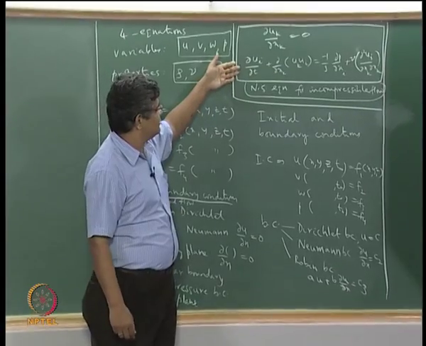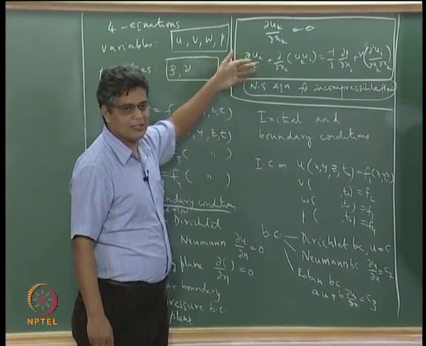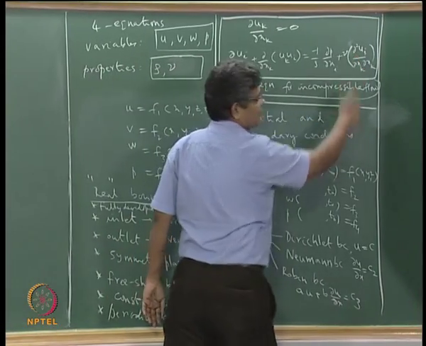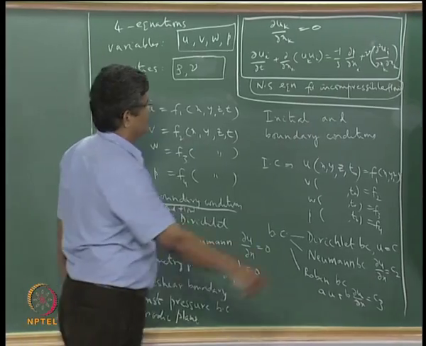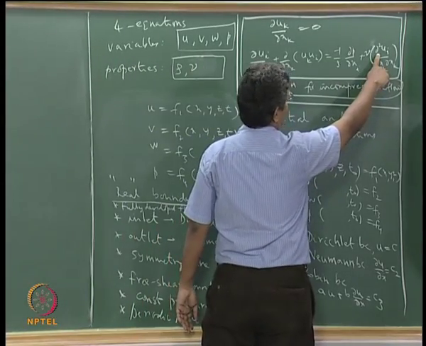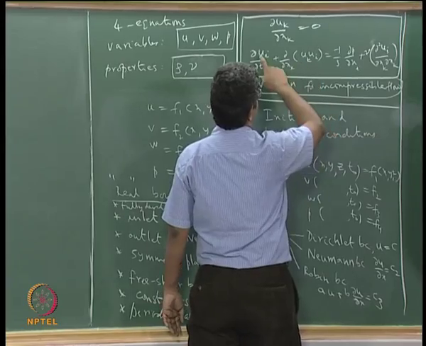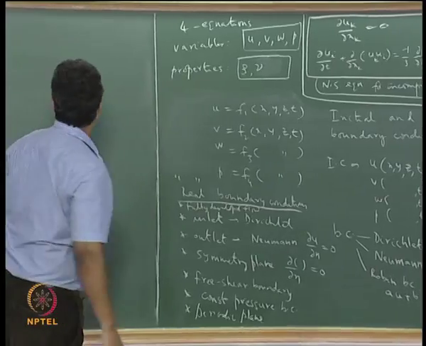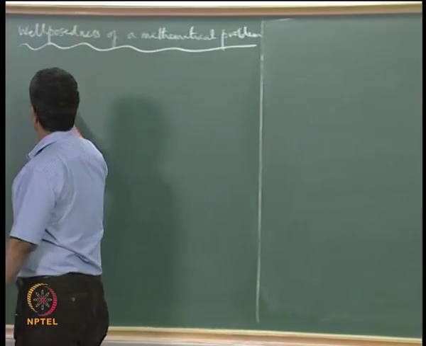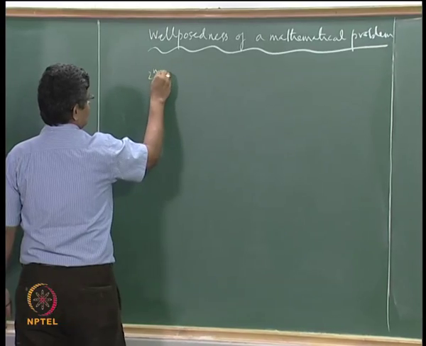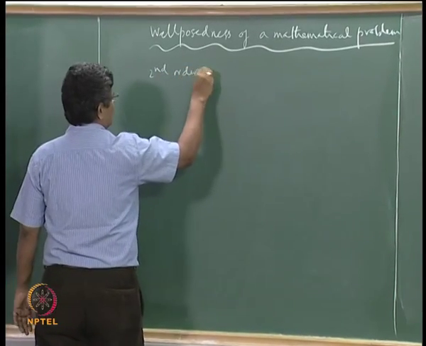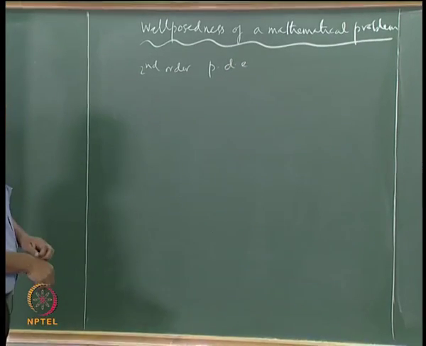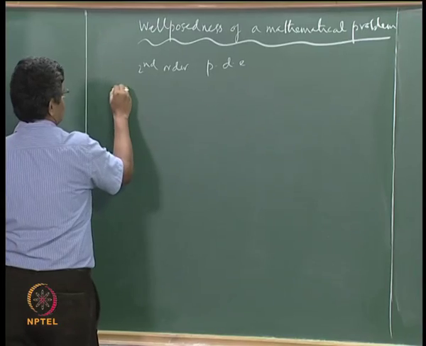And what we see here is that we have a partial differential equation which has a second derivative as the highest derivative. We have the second derivative coming here, and first derivatives coming here and here. And not only that, we see that what we are dealing with are second order partial differential equations, and these are also quasi linear